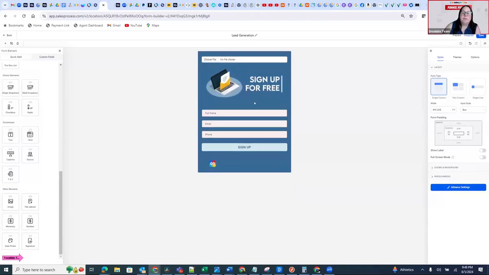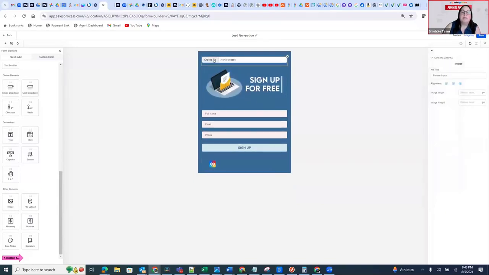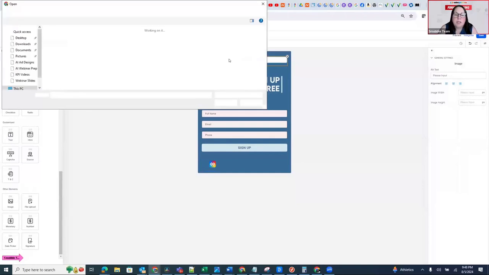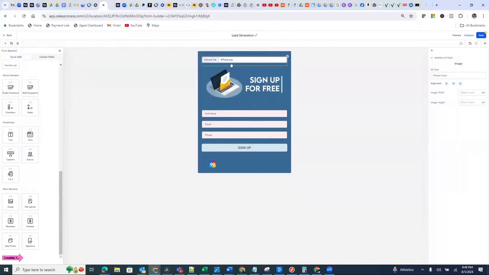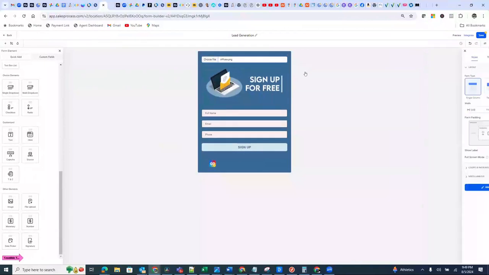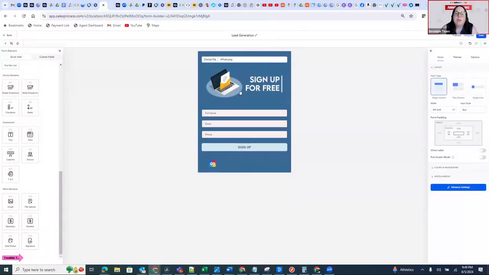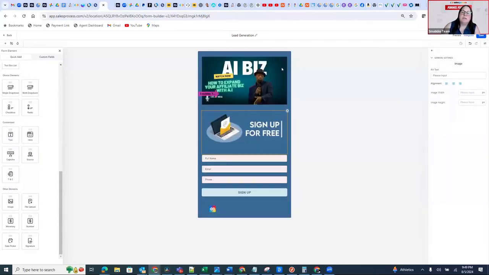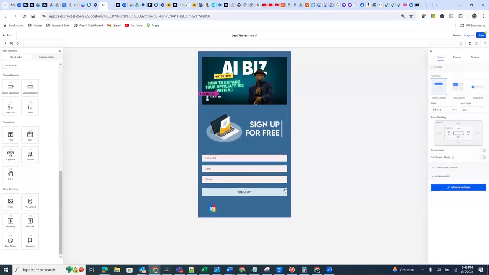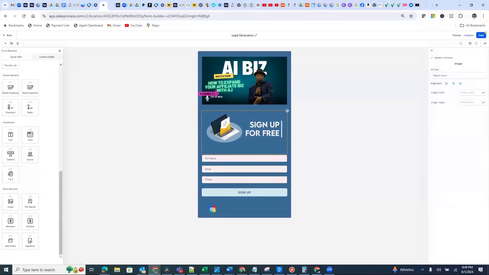Just drop it, and then it'll ask you to choose the file. So you'll have to go and find a picture that you like. All right, let's find one just now to see if it works. And then you can delete this one if you want just by clicking on the X. So, it didn't delete it.